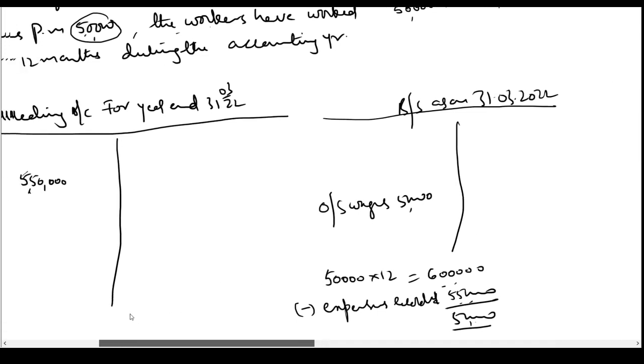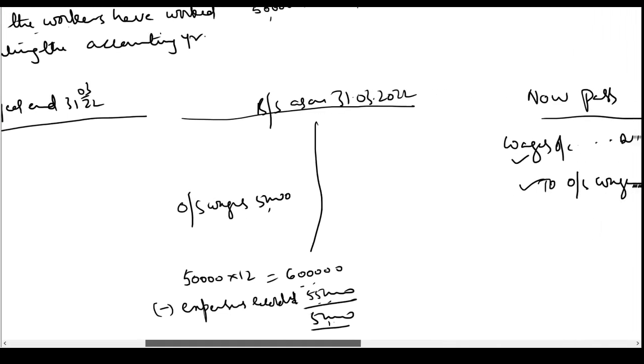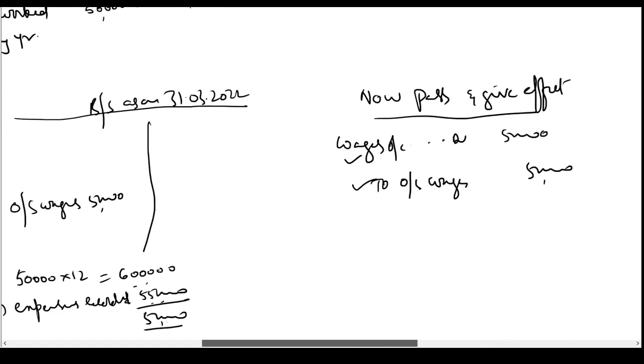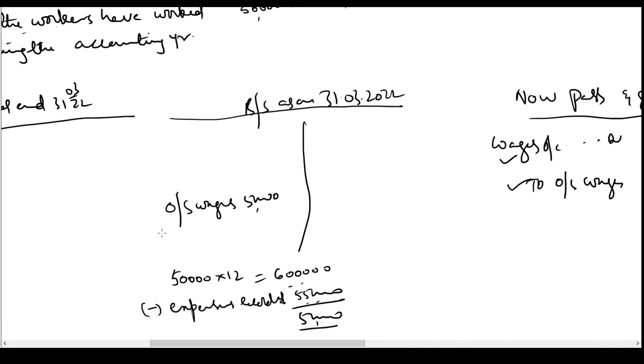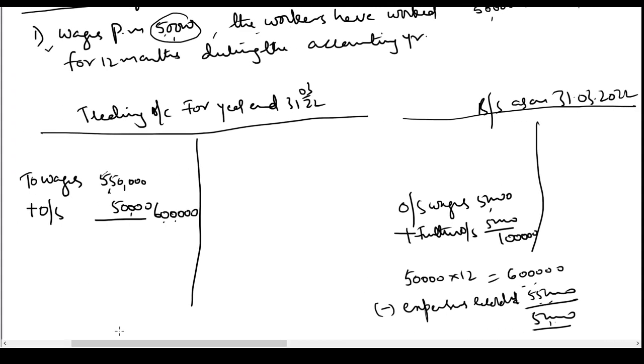So what we will do is, wages account is already showing a debit balance. It has been debited to the trading account. There we'll write add outstanding wages 50,000. It will become 6 lakhs. Accrued or outstanding wages is already showing a credit balance. If you see the trial balance also, it is showing a credit balance. Again, if you credit the account, add further outstanding 50,000. Total in the balance sheet 1 lakh rupees. So this is how we will deal with an outstanding expense which is given both.